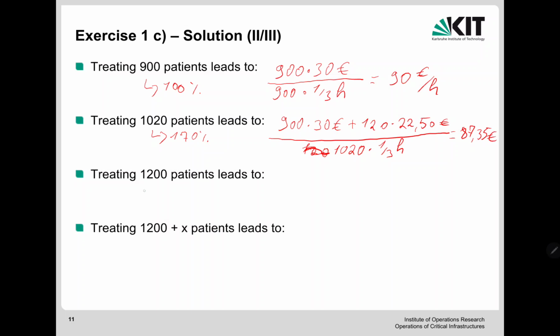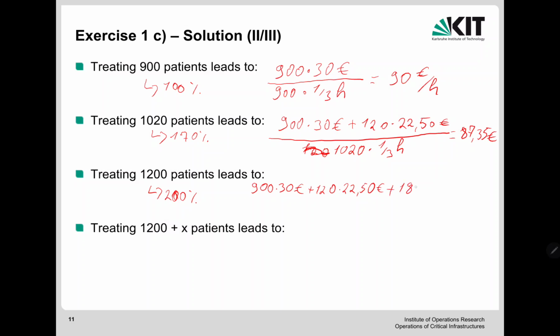Okay, treating 1,200 patients, this is the 200% limit, and here we have 900 again. She will get 30 euros. We know that 120 cases will be evaluated with 22 euros and 50, and